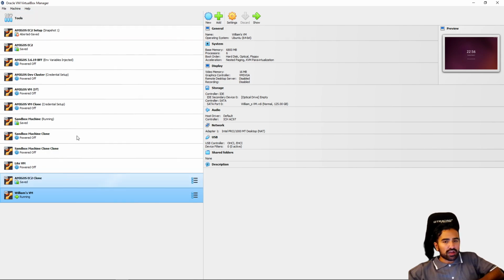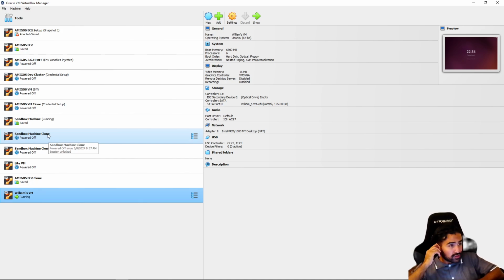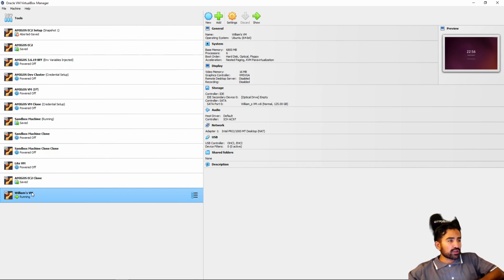So notice I do have a lot of different virtual machines. Feel free to create more than one, right? If you have any issues where things can crash, things can go wrong, you can always make a new one. Remember the Williams VM, right? That was only really required for the first assignment. You can name it whatever you want. In fact, as we saw, certain characters aren't allowed for the name, so you can always switch